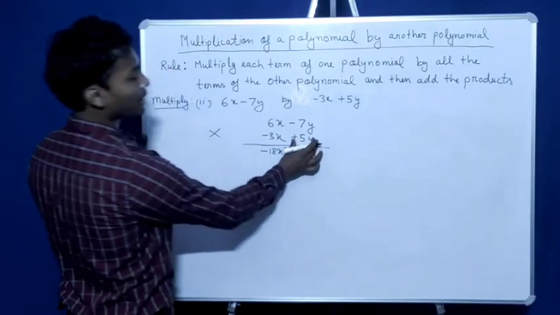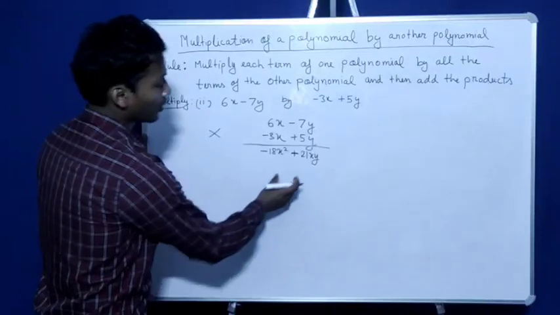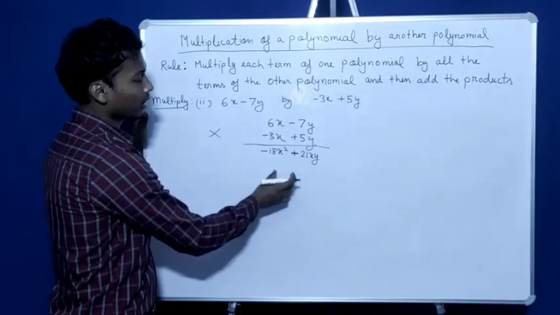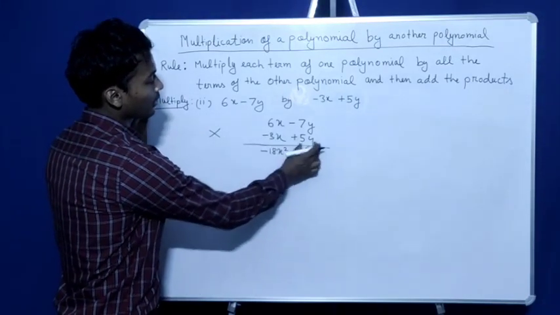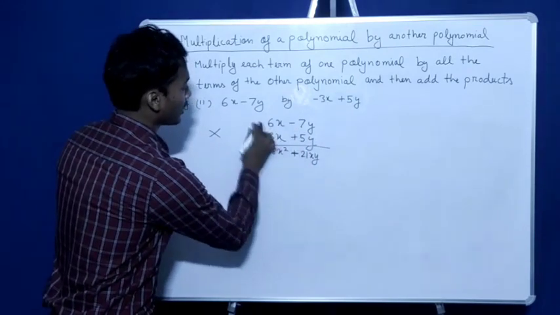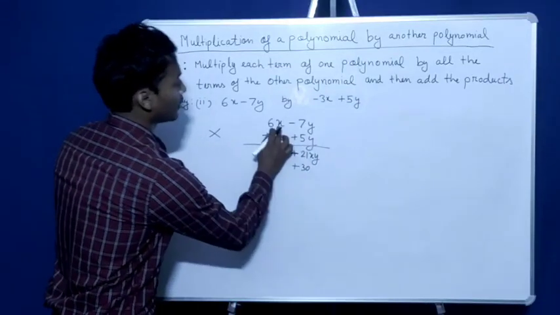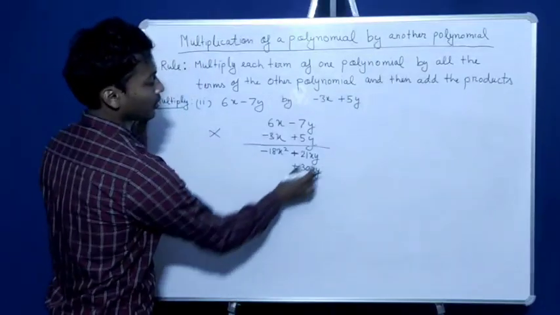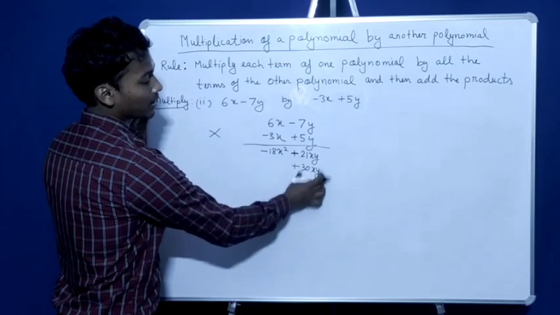After this, when you multiply with the second term, you will write it down. Now before writing down, you have to see the like terms. Okay, so you have to write the like terms one below the other. So here let's multiply 5y by 6x. So 6 5s are 30. Now here we have a positive sign, so we'll put a positive sign. 6 5s are 30, and here we have x times y. That's why we can write xy here. So here you see this is the like term, these two are the like terms here, right?